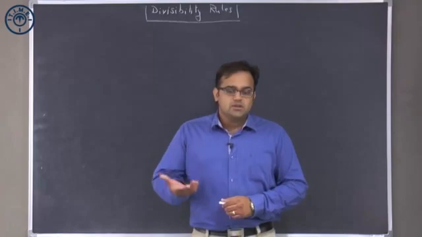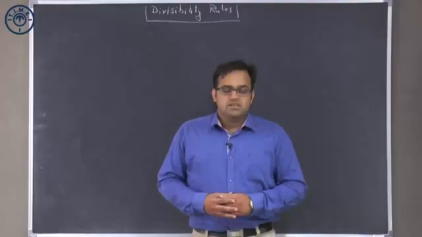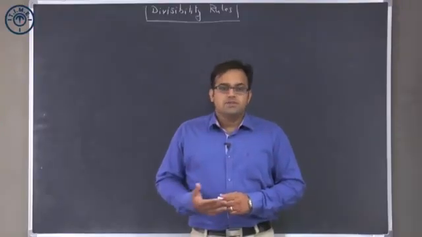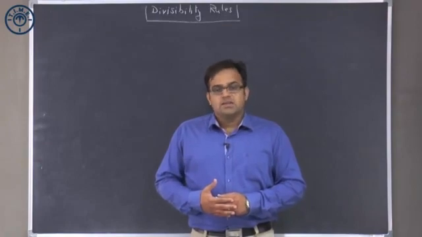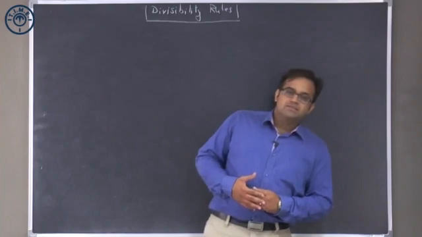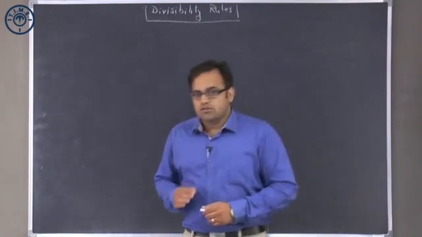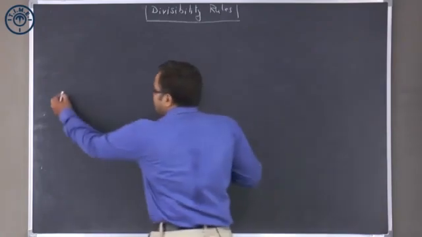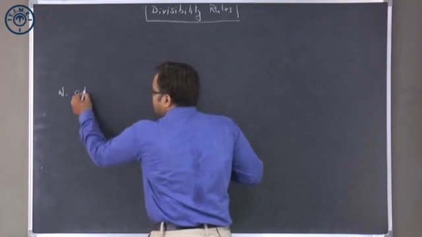If the sum of the digits of a number is divisible by 3, then the entire number is divisible by 3. Similarly, if the sum of the digits of a number is divisible by 9, then the entire number is also divisible by 9. Let us understand this divisibility rule for 9 a little more carefully. Let us say a number